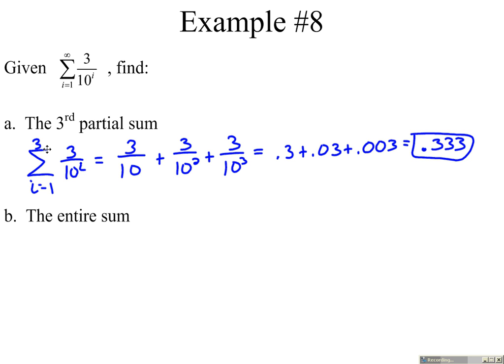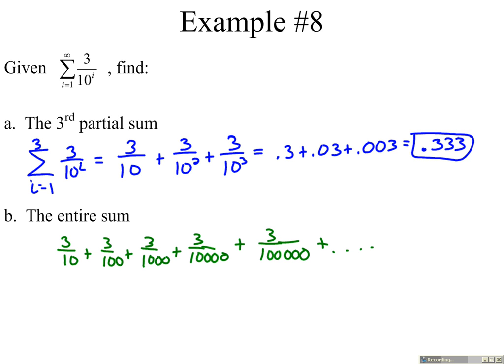Now we want to find the entire sum. Intuitively, this does not make sense that there would be an entire sum, because if you think logically about this, if we are taking some value and we are continually adding another term, it would seem like there would not be an entire sum. Well, if we look more closely at this, we already know what the first 3 terms look like. 3/10 plus 3/100 plus 3/1000 plus 3/10,000 plus 3/100,000